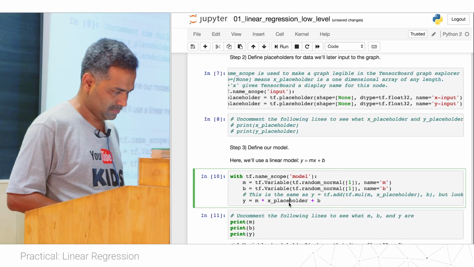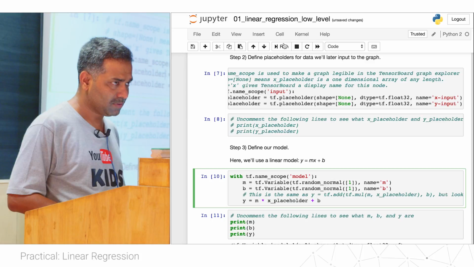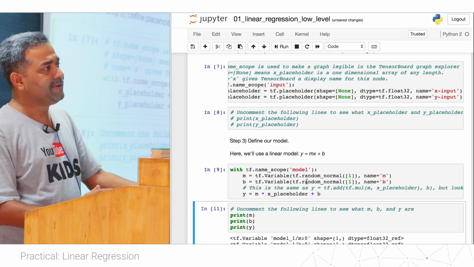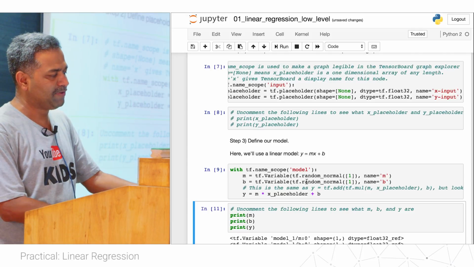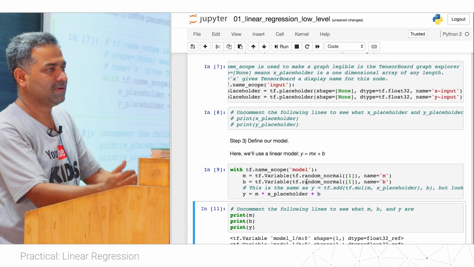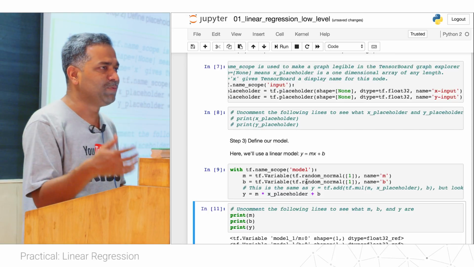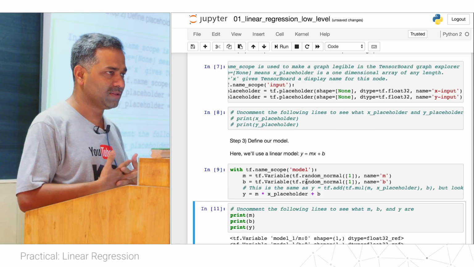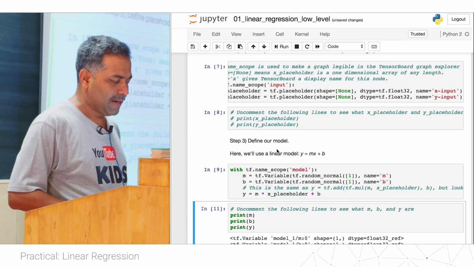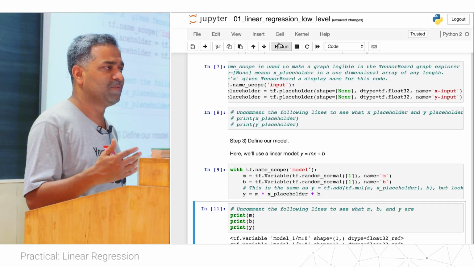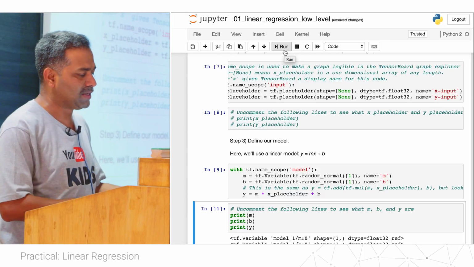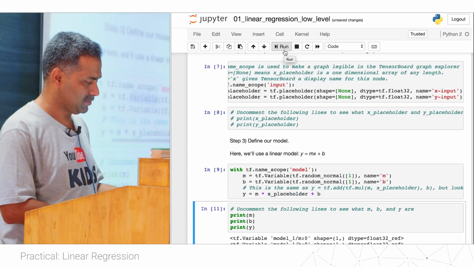Yes, a placeholder? Yeah. A placeholder is some kind of a promise. I tell TensorFlow that I'm defining a placeholder, and I give you a promise that I'll input some data later. Whatever input data you want to put inside a machine learning algorithm, especially features and labels, we normally use placeholders for that. And then we have variables, which take different values in the course of model training. So M and B are more like variables for us.